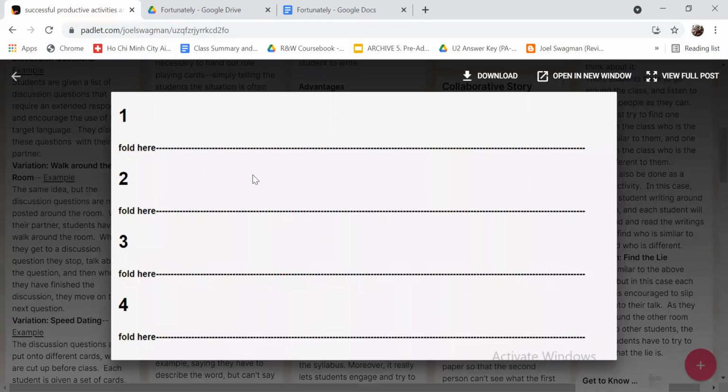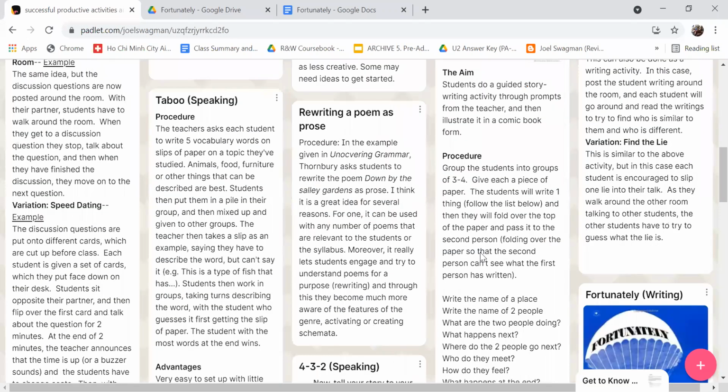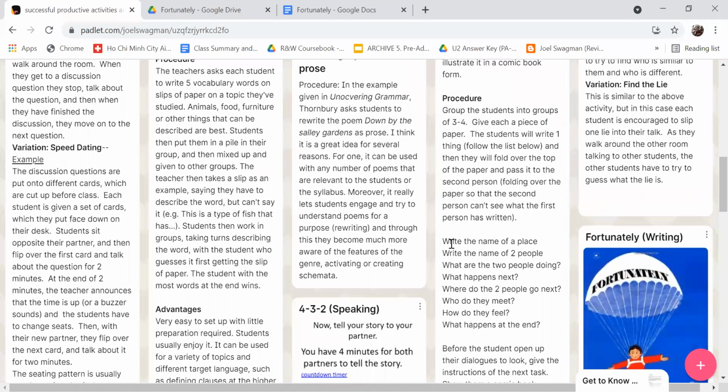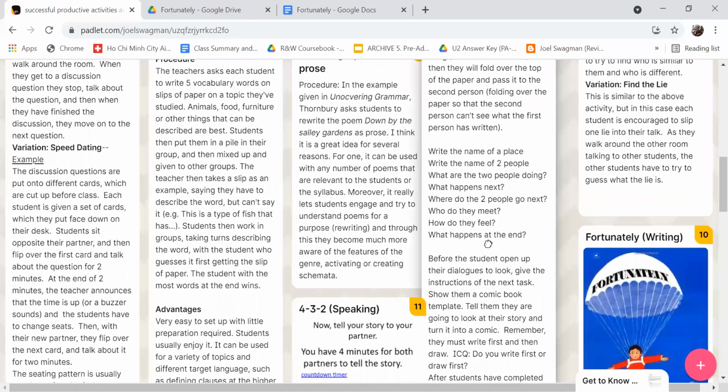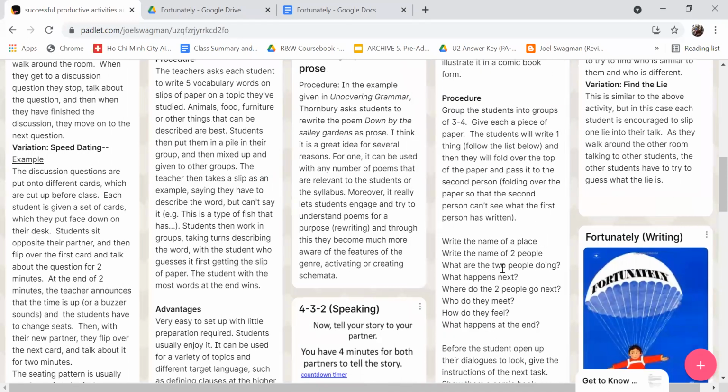Everything else is folded below the fold. And you give each one a prompt. So write the name of a place, write the names of 2 people, what are the 2 people doing, what happens next. And so each person, as the paper is being passed around,